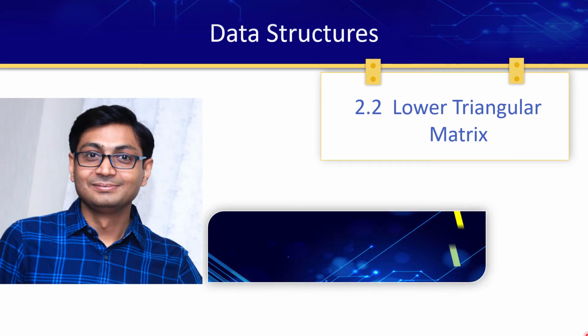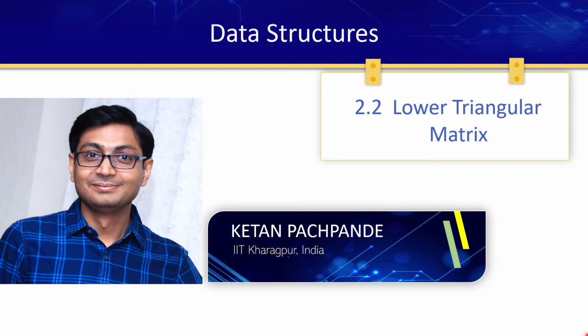In the previous session, we started with the two-dimensional array and I explained how to store the two-dimensional array in the memory and how we retrieve the elements of it later. In this video, I'm going to talk about the other type of two-dimensional array, that is low triangular matrix. So in this video, I'm going to discuss what is low triangular matrix, how to store the elements of low triangular matrix in memory, and how to retrieve them later. So let's get started.